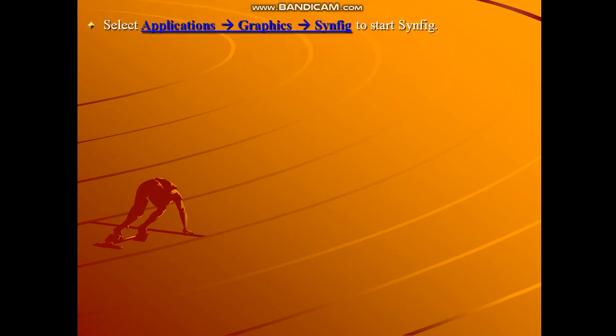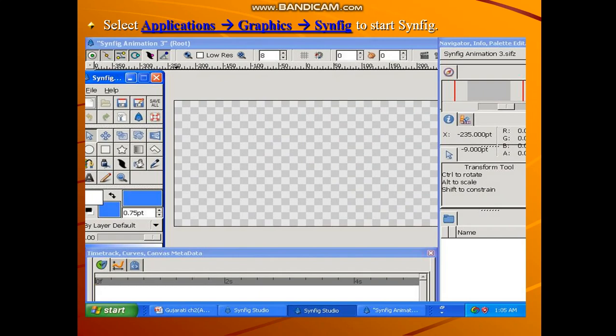So now we will see how to start Synfig. For that, you have to click on applications, graphics, Synfig option. When you start Synfig, it will show you such window. Now we will see the different parts of this window. Here, this checkboard is known as canvas.